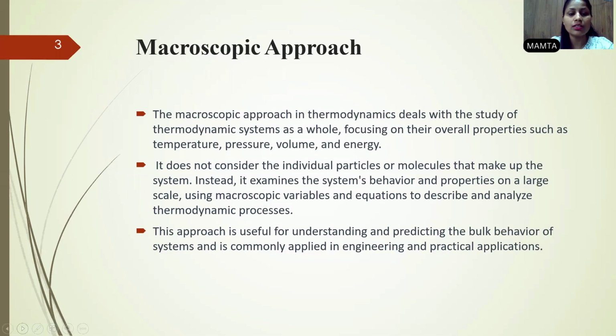So these are the two approaches which I am discussing here: macroscopic approach and microscopic approach. The macroscopic approach deals with the study of a thermodynamic system as a whole, and it focuses on overall properties such as temperature, pressure, volume, energy. It does not consider individual particles like molecules. Instead, it examines the system's behavior and properties on a large scale, right? This approach is useful for understanding and predicting the bulk behavior of a system, and is applied in engineering and